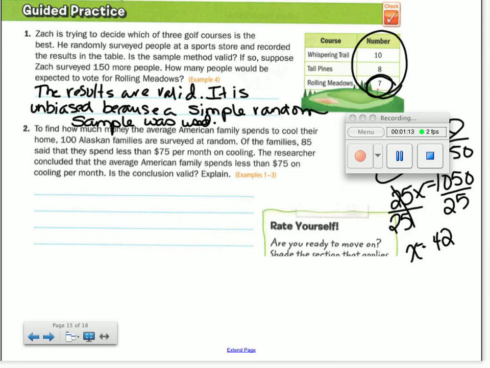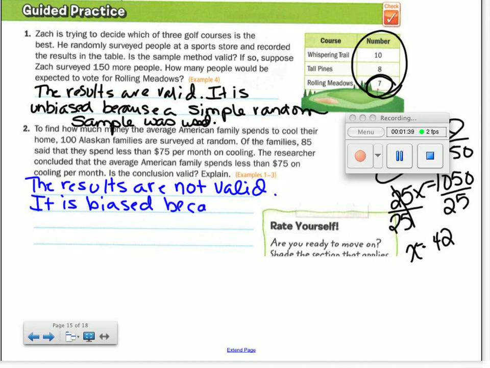Okay, so your first sentence, guys, are either going to say the results are valid or the results are not valid. So we're going to say the results are not valid. We're then going to go on to talk about it being either biased or unbiased. So when it's not valid, is that biased or unbiased? Yep. Biased. Okay, so it is biased